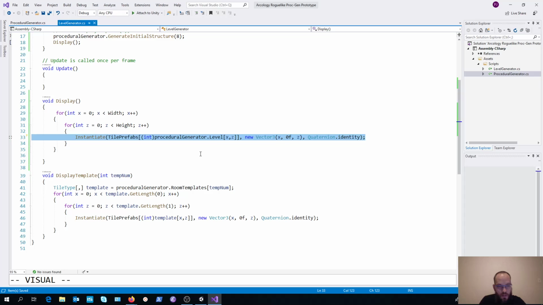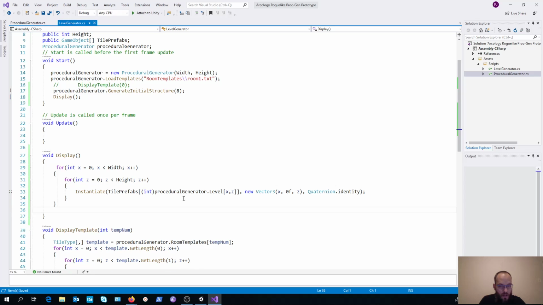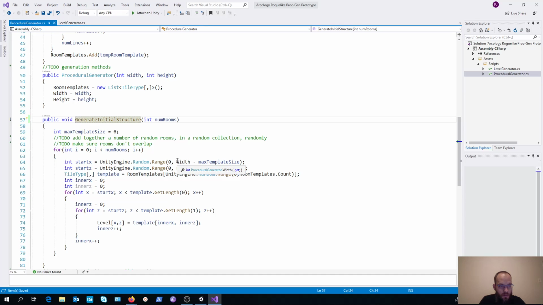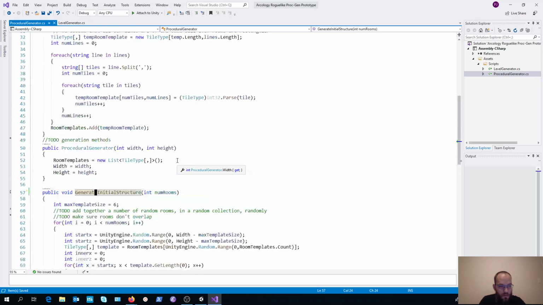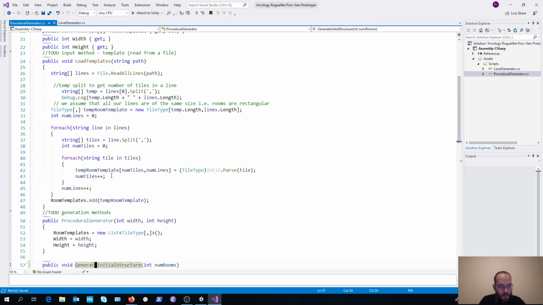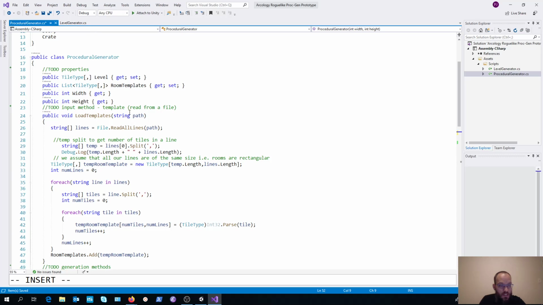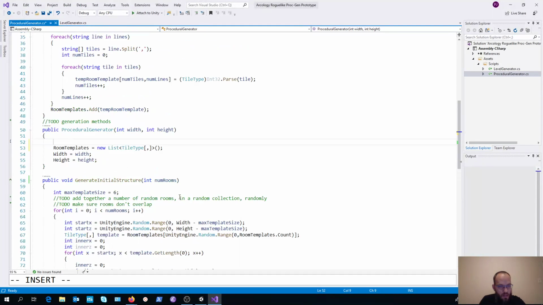We need to fix this error over here. When we construct a new procedural generator class, we also need to initialize our new level as well.